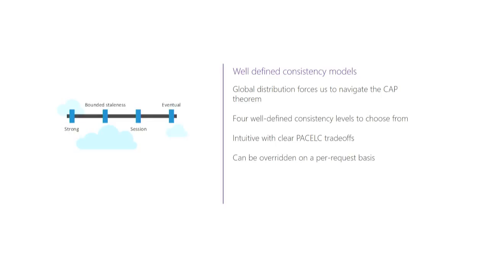One of the big problems with eventual consistency is how eventual is eventual. If I just throw this data into the garbage, I can say, hey, it's eventually consistent. Like, just keep waiting, man. Trust me, it'll eventually be there. A nice way to think about this problem is, what if we can tighten up the bounds on how eventual can be? And so for bounded staleness, you can actually define limits on both the dimension of time as well as the number of operations. If the secondary replicas start lagging behind in either of these dimensions, we'll automatically start applying back pressure on the write path to help allow the replicas to catch up.